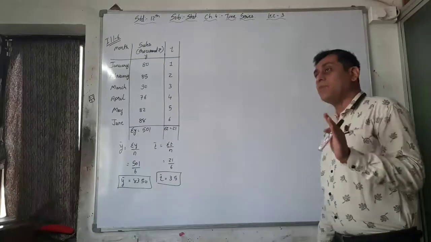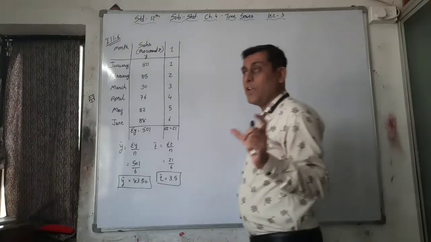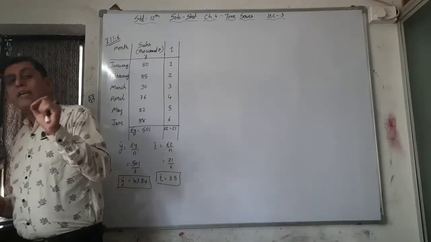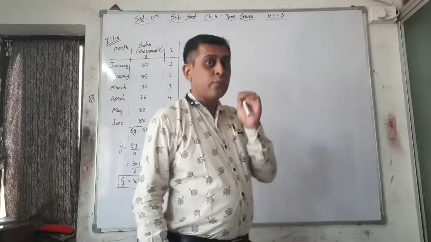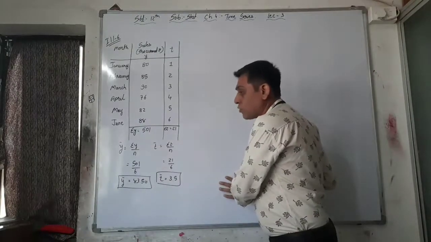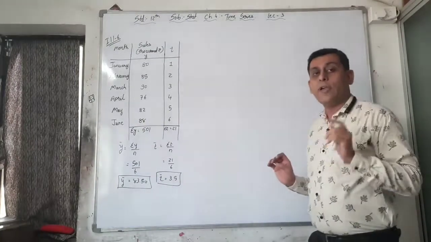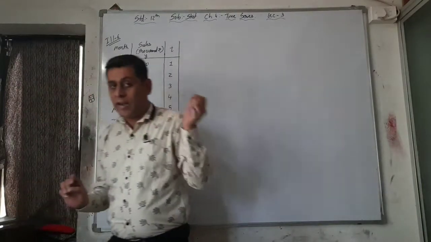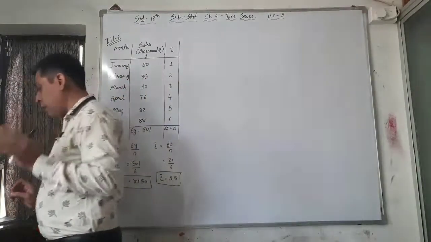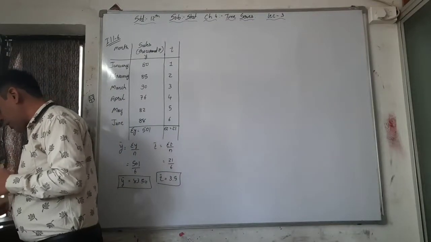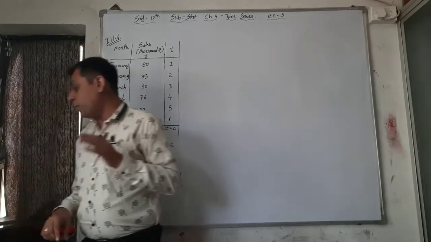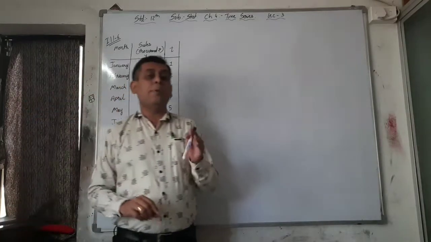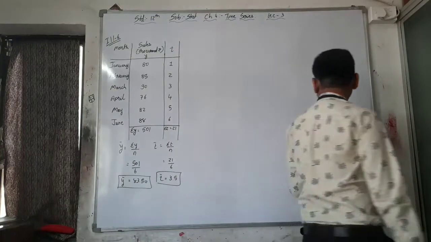We skip the graph method, so we have to leave half a page for that particular show-it-graphically question. After completing this question, we have to leave half a page for the graphical method. Whenever we are doing it in our regular lecture, we have to complete it at that time. The next question is to estimate the sales for the month of August using the equation method. That is again a practical question and we'll do it.